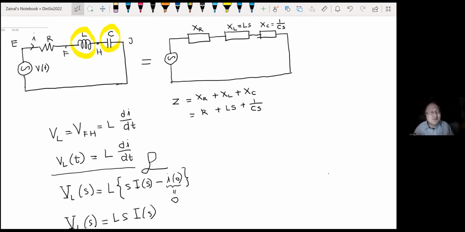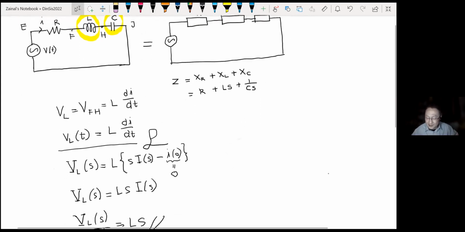I don't want to derive actually because it makes you confused. I want to teach you something which is easy. But if you want to, let's derive this one. Similarly,